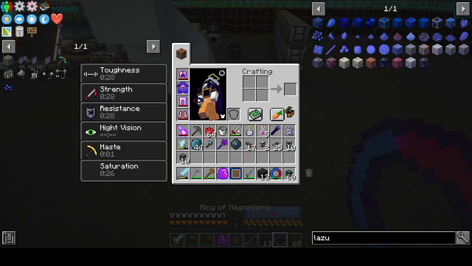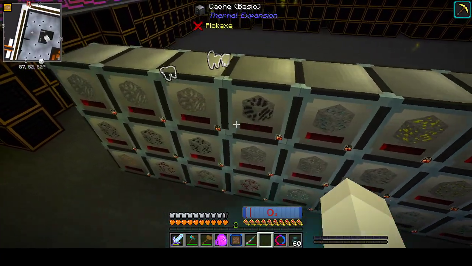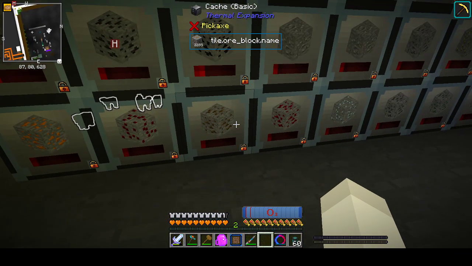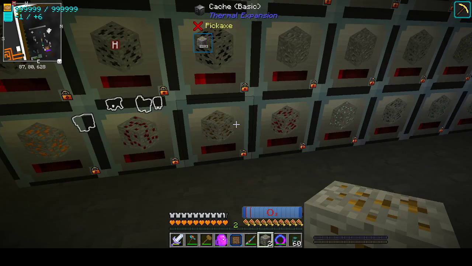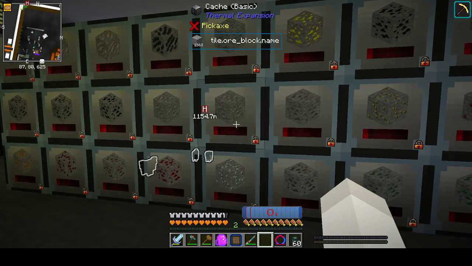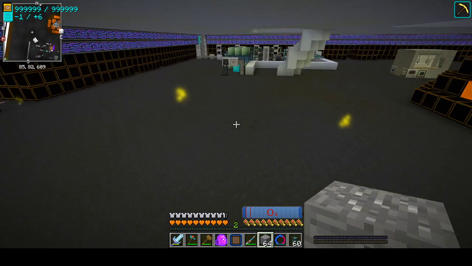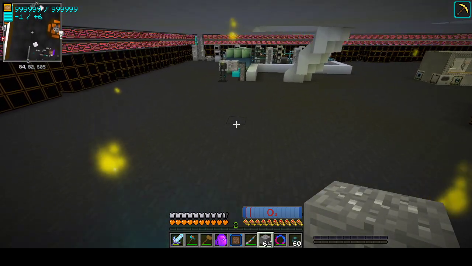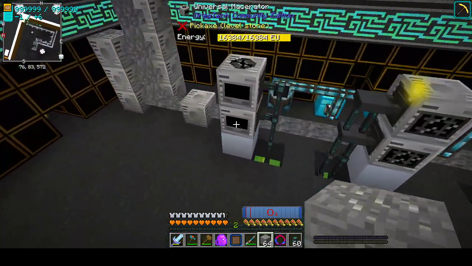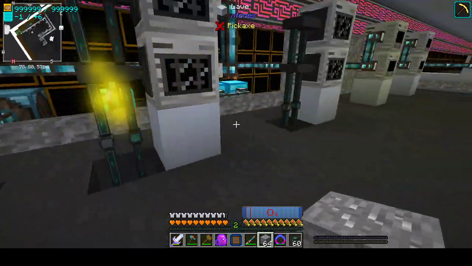And first I thought I would kind of show it off. And let's see, what do I want to do? What are you? Chalcopyrite? Yeah, let's do cassiterite. Let's do cassiterite. I haven't done cassiterite yet, so I still need to do the listings in the electrolyzer for it. Okay. So, what I'm going to do here is